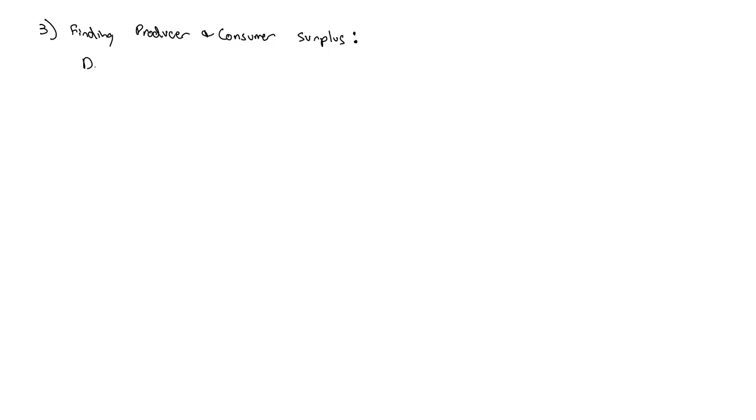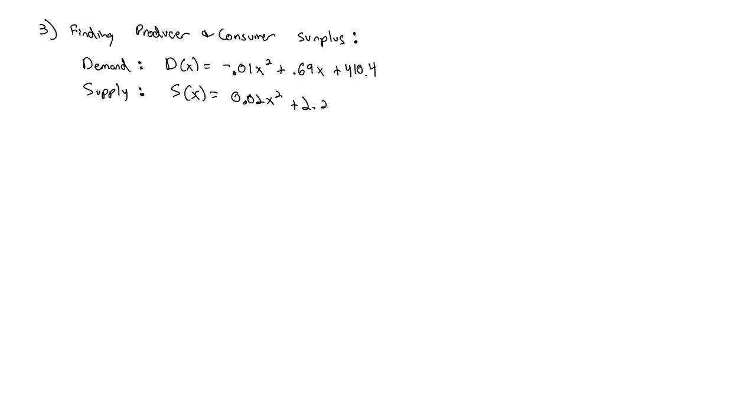So for example, if I knew that the demand equation for a product was given by negative 0.01x squared plus 0.69x plus 410.4, and the supply equation was given by s of x equals 0.02x squared plus 2.22x minus